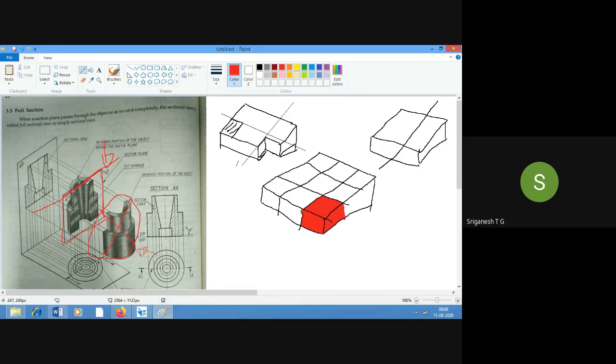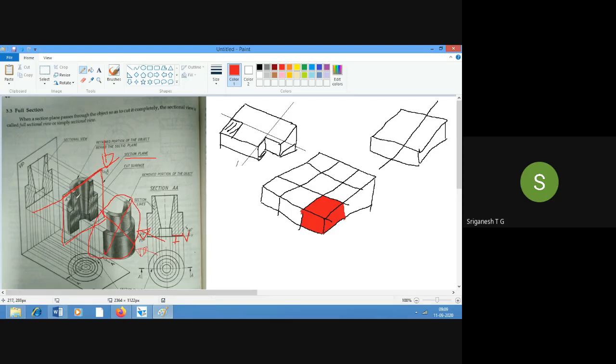Is that clear? Right now we are viewing from this side. This is the front view. So the object has now become two pieces. Now we will remove the piece that is in front. Then we have the sectioning plane, where the knife passes. Technically, we call it the sectioning plane. We take an imaginary plane and pass it completely throughout the object, so it is called the section plane.